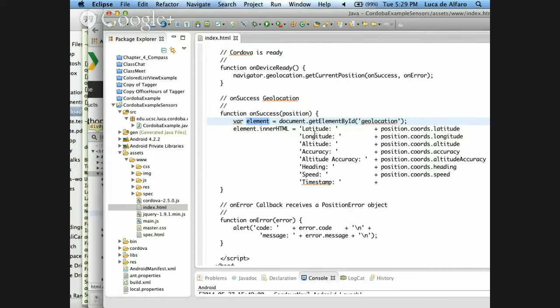So it's not very different in principle from what you do in Android. In Android, what would you do? You would have either in the on resume, this would be equivalent to putting things in on resume, to having things done on document ready, right? You could equally well do it when you click on a button.